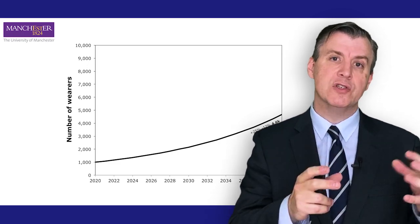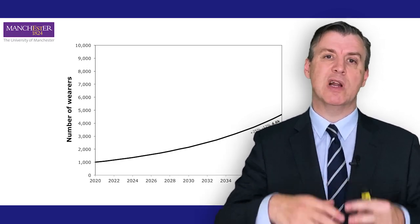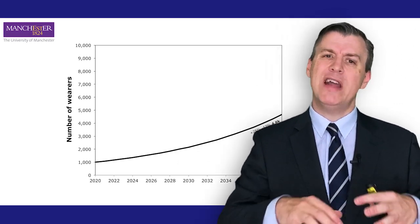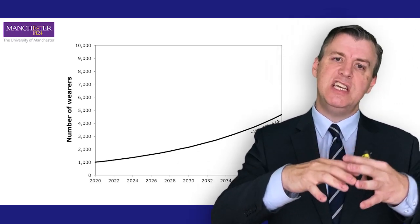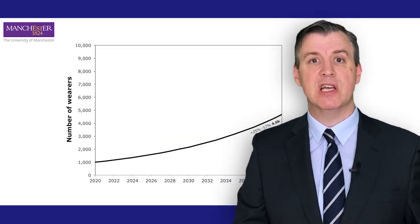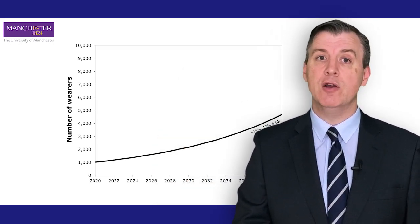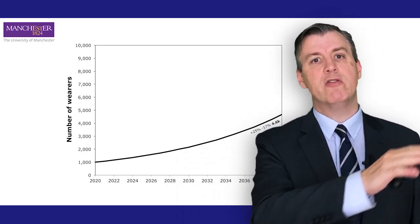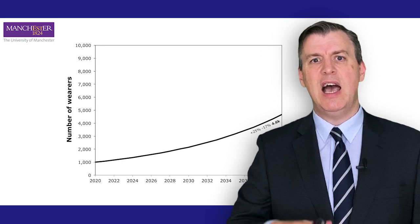That's new wearers. Now, any individual practice will have, of course, a mix of wearers, some new, some old. And on average, it is thought that the discontinuation rate for this range of patients is about 17% each year. Still a pretty high number. Now, on average around the world, the number of contact lens wearers is increasing slowly,